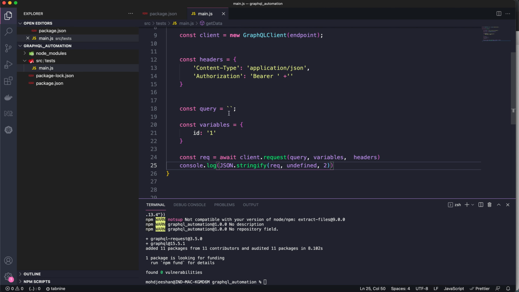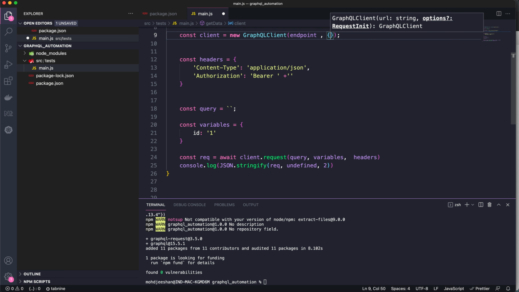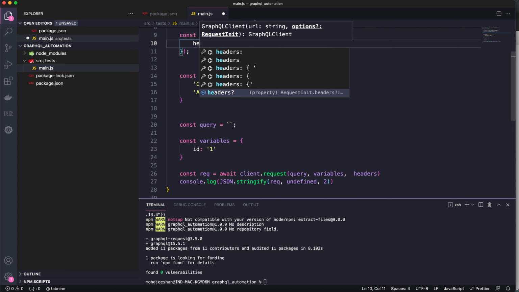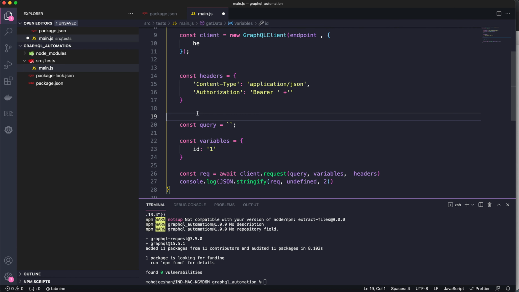So this is a way, you can just pass the headers as well if you want to pass them as a part of your separate request. So I told you, there are 2 ways. You can either pass something like this, and you can see it is showing the headers for you, and the second way is you can pass like this. Okay, let's forget about the variables and headers as of now,